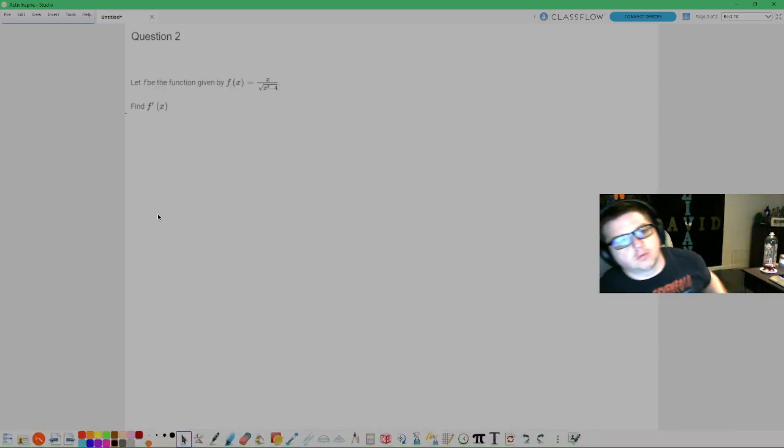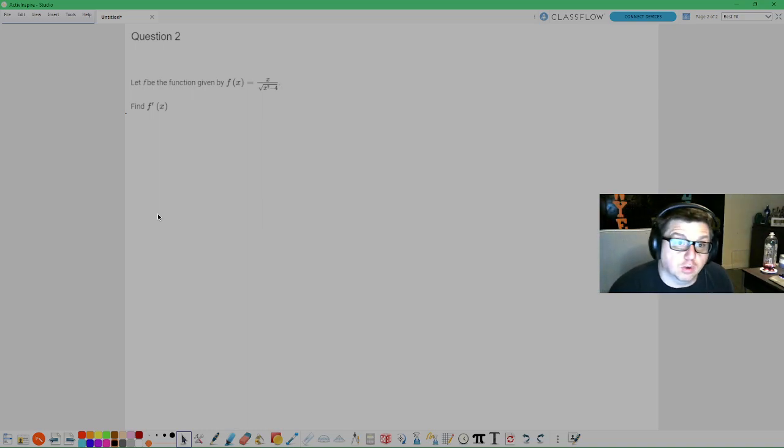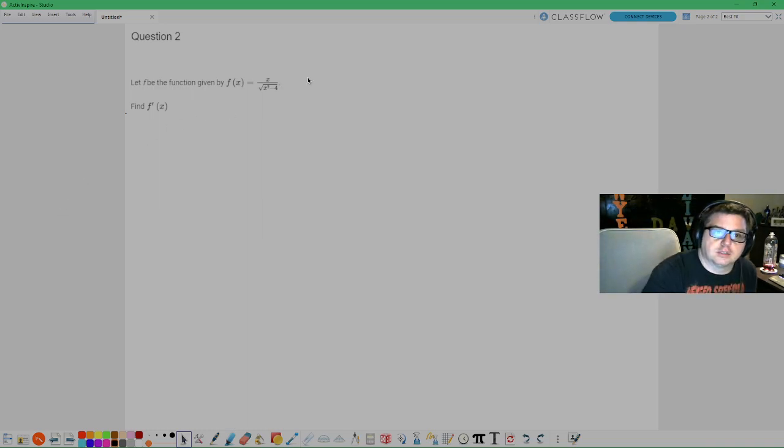So here, let f be the given function. f of x equals x over the square root of x squared minus 4. Find f prime of x. So they just want to take the derivative. So when I look at this, this is just going to be